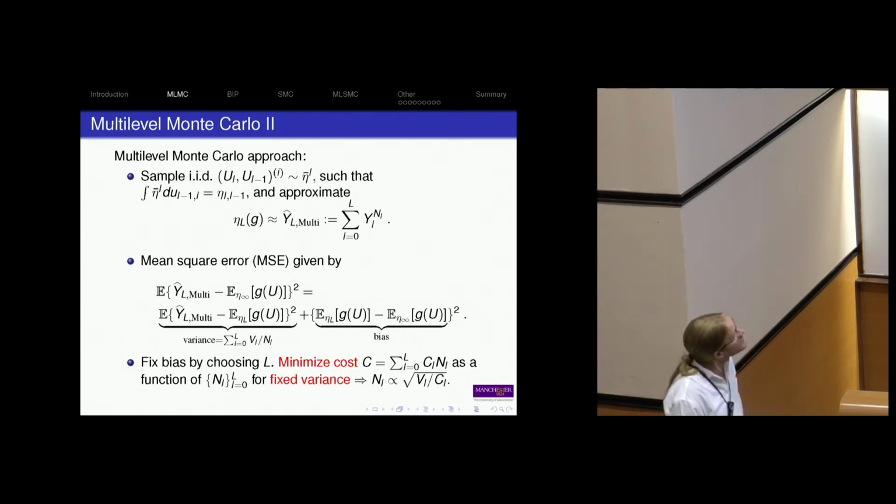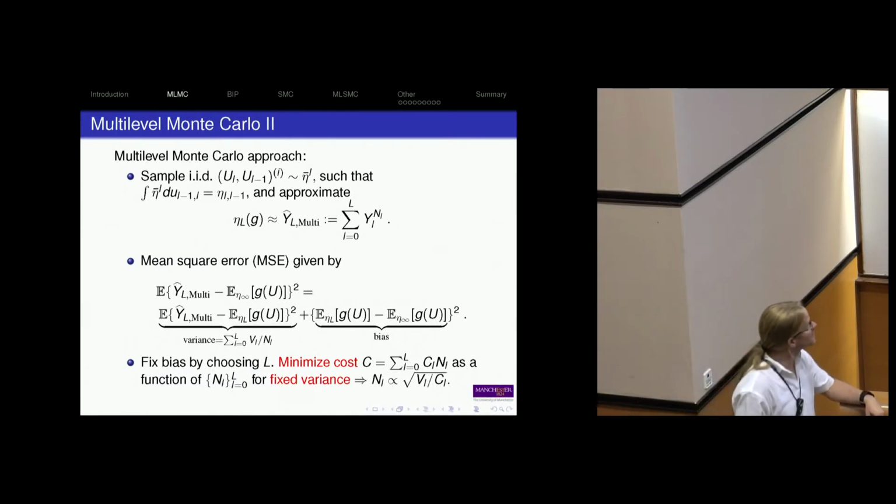So if V_L decreases, then we can let N_L decrease and thereby reduce the total cost. So that's the heuristic idea, and you can make that rigorous